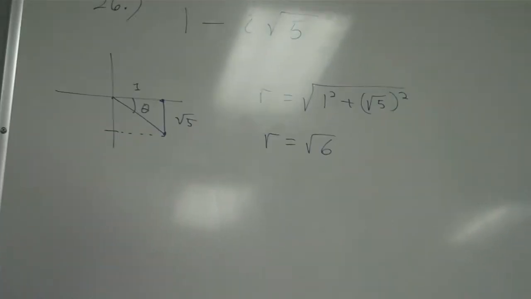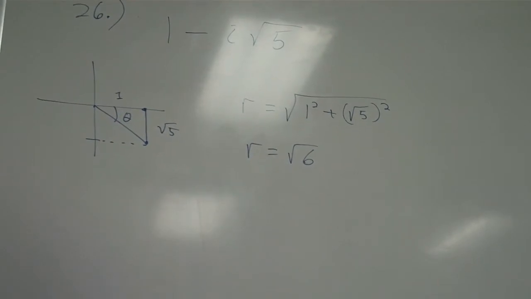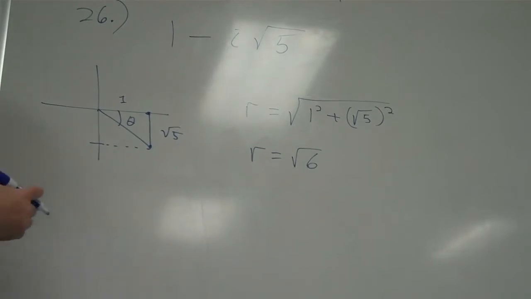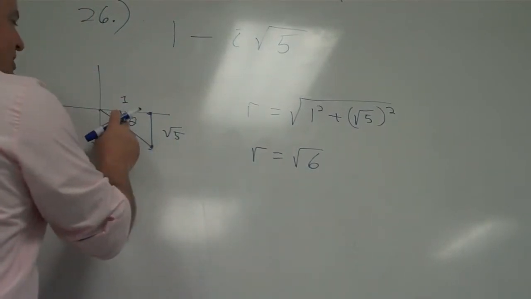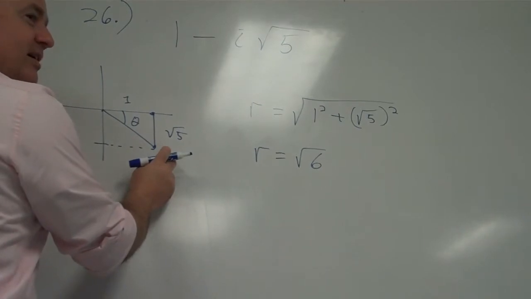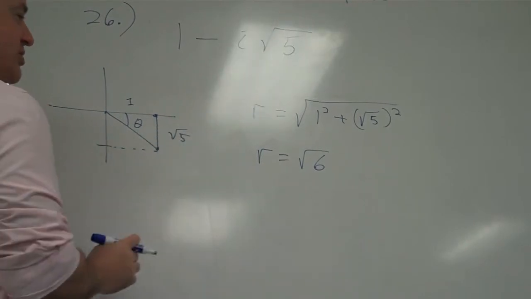Where did all that come from? You just did the Pythagorean theorem? Yep, just the Pythagorean theorem. It's how you always find a hypotenuse. We were saying the radius was like a hypotenuse, so you use the Pythagorean theorem: the square root of x squared plus y squared. And while we're on the triangle, just like with vectors,